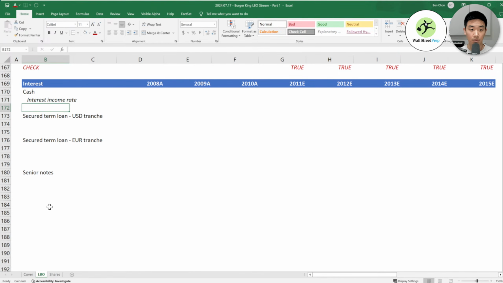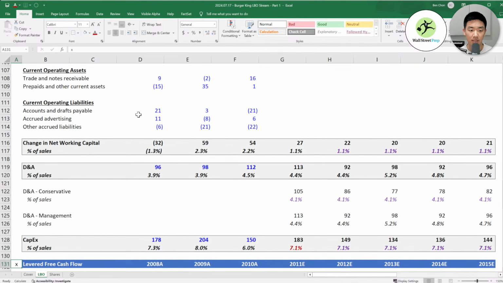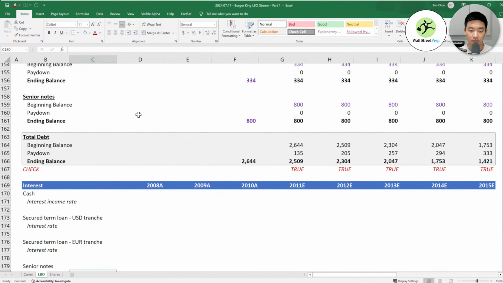Okay, so we have interest income rate, then interest rate. What's interesting here is we have this thing called circuit breaker. If you remember way earlier, I named this circ. I'll explain what this does as I build out everything, and we're going to need to include it in the formula.